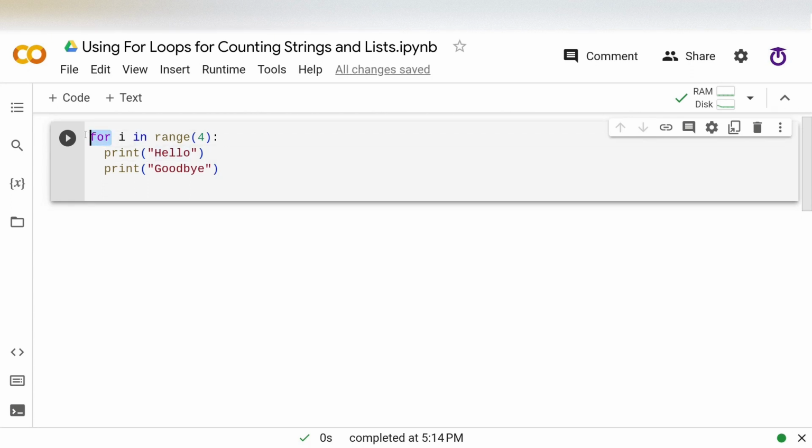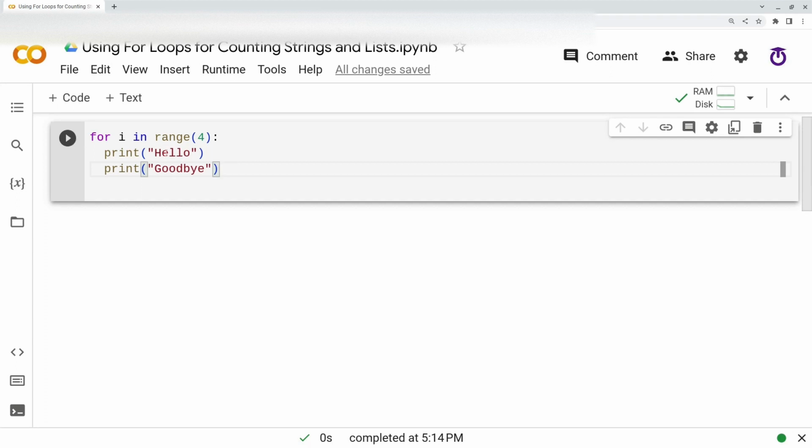So for is a keyword in Python that's used to indicate that this is a loop that's going to be repeating a set number of times, and then in is referring to the next bit which tells the loop how many times to repeat. And range is a function that we can use to get a specific value that the for loop uses to repeat a set number of times.